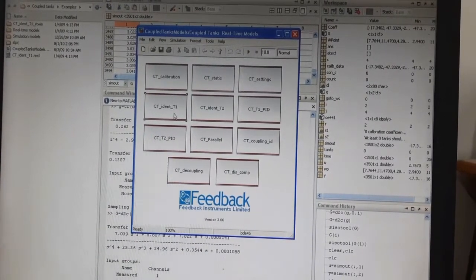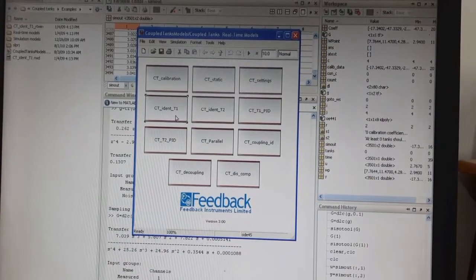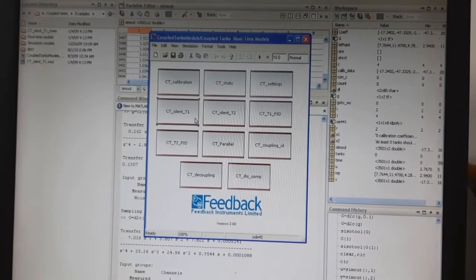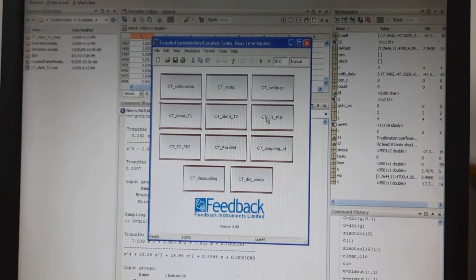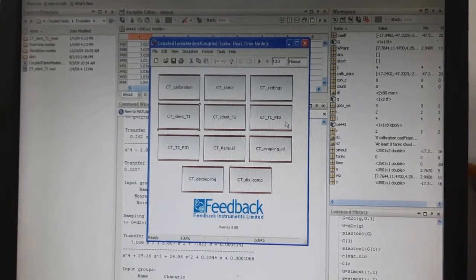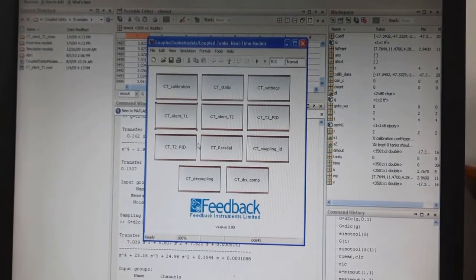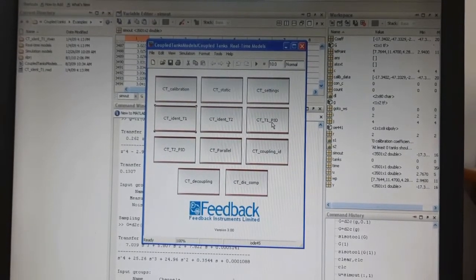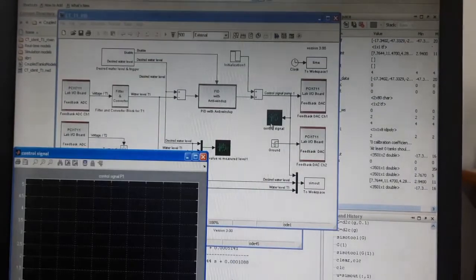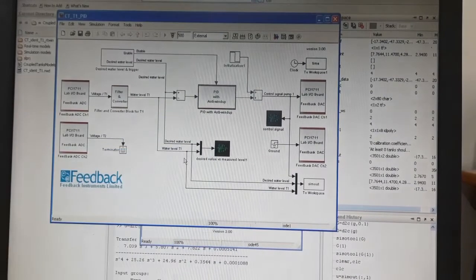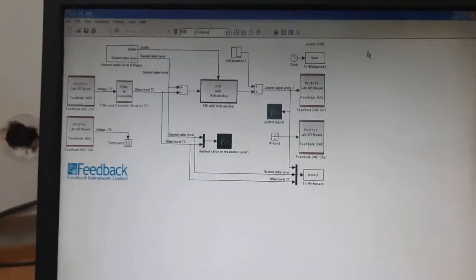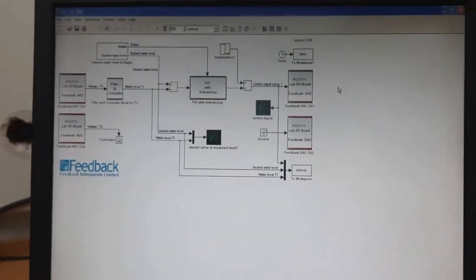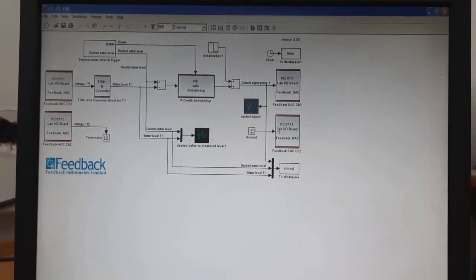Now we want to implement our designed controller in our real-time system. For that case, you can see here two PIDs are there, CT-T1 PID and CT-T2 PID. We have designed for T1, so we'll select CT-T1 PID and double click on this. A new window will come. Once this window comes, you can see there are a lot of things there.